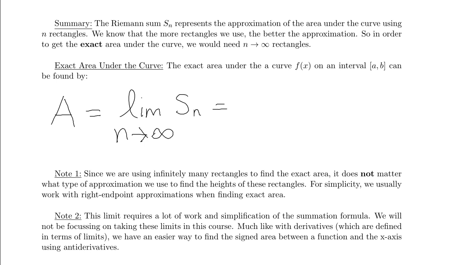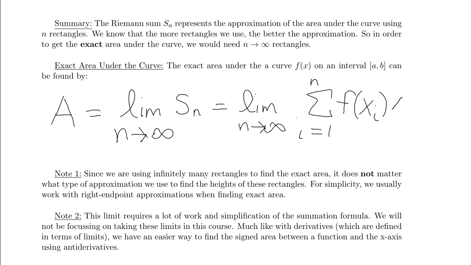So let's rewrite that as the limit as n goes to infinity of the sum from i equals 1 to n of our rectangle's area. So this is f of xi times whatever our base length is, so we'll call it delta x. Okay, so